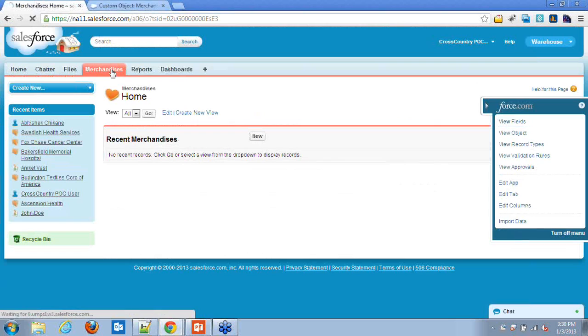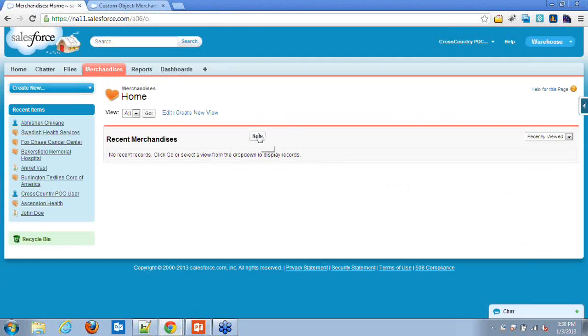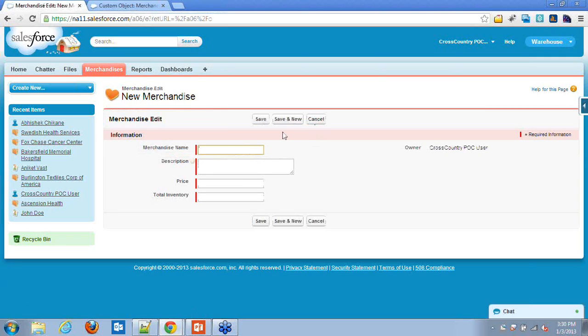And now look at this. Here is the new button by using which we can create the first inventory object.